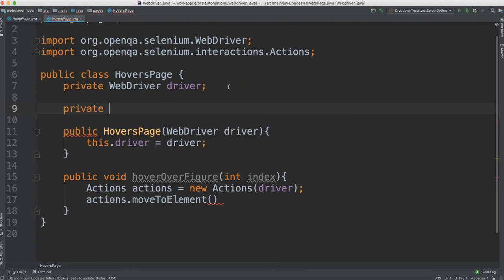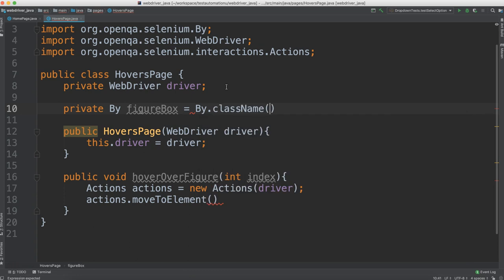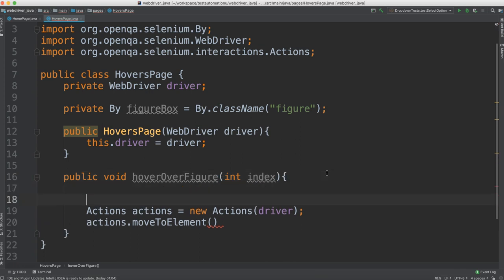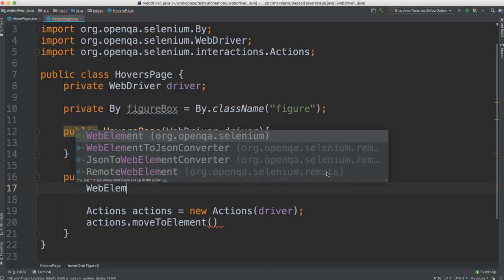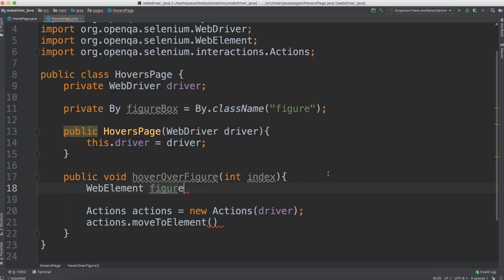So we're going to do a By, and we'll call this one the figureBox. And go ahead and import the By. And we'll say By.className and give it that figure. We'll go ahead here before our actions, and let's create the WebElement for the figure that we want. So we'll say WebElement, we'll call this figure, equals, and we'll say